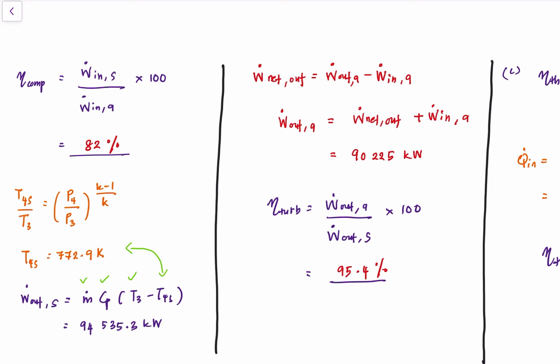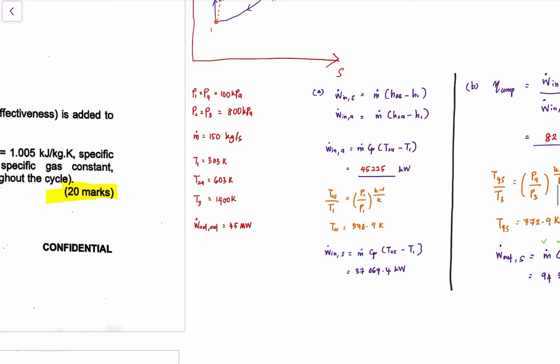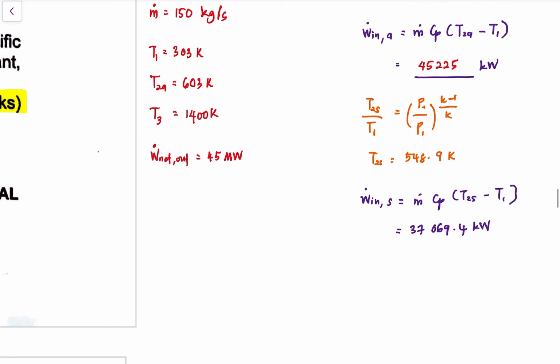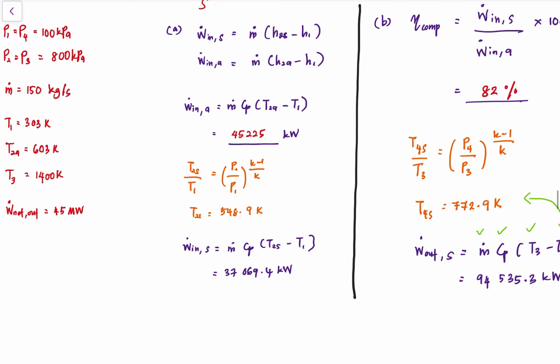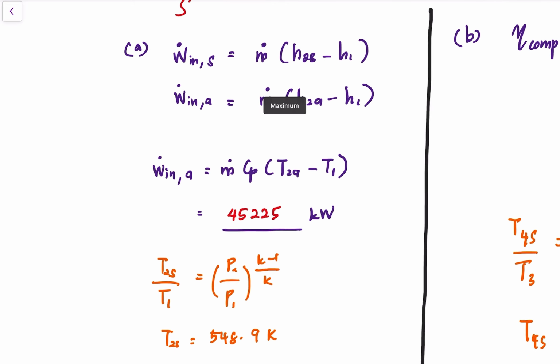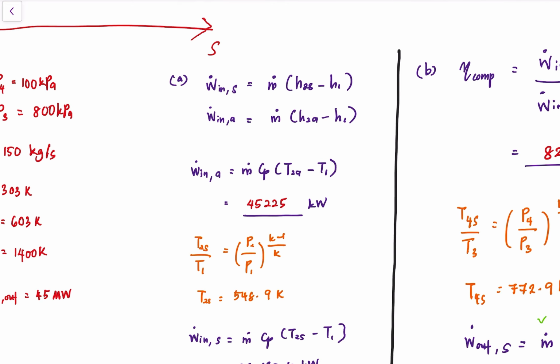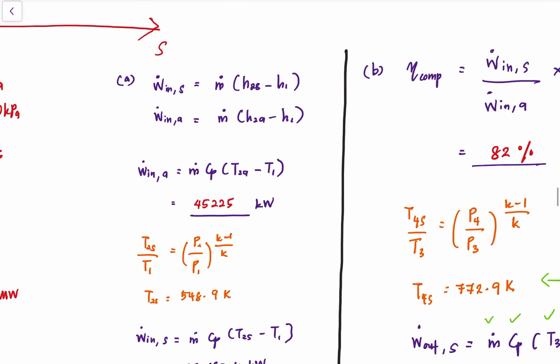Next we want to find what is the actual power output from the turbine. So we already have the power net out that is being given from this question. Power net out equal to 45 megawatt, and we also have determined the actual power input by the compressor, 45,225 kilowatt,